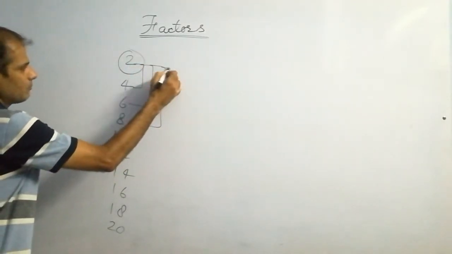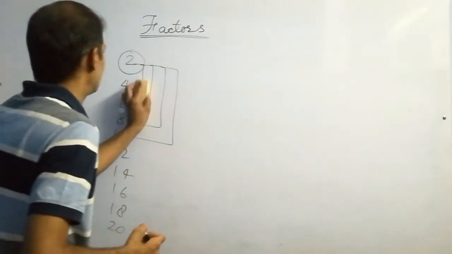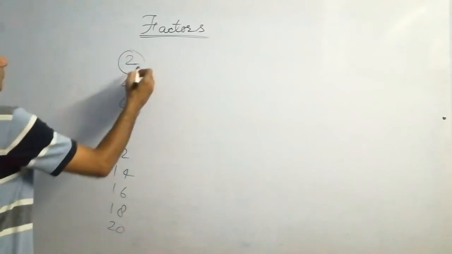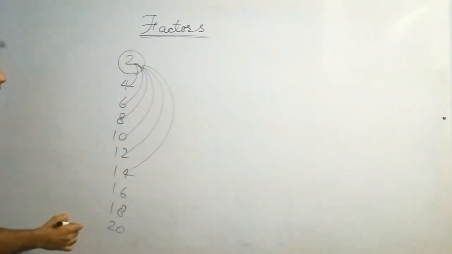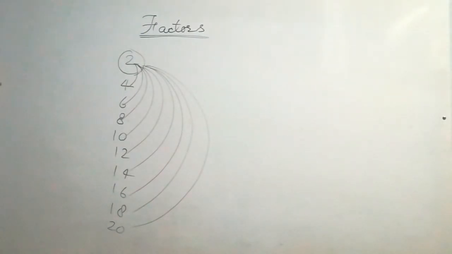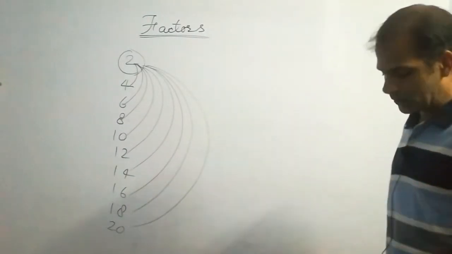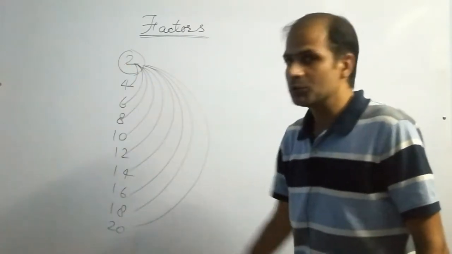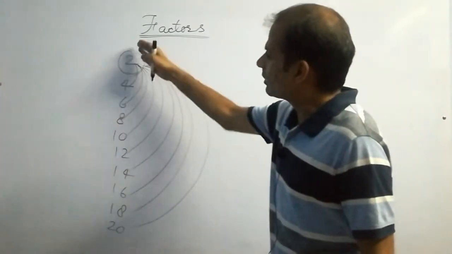I am telling you a very important concept. We can do it this way: 2 is a factor of this number, this one, in this way. This diagram looks very beautiful, isn't it? Students, the diagram looks very nice. Now see, with its help you can understand factors very easily. This concept can be applied with any number. This is the table of 2, and 2 is a factor of all the numbers which appear in the table.